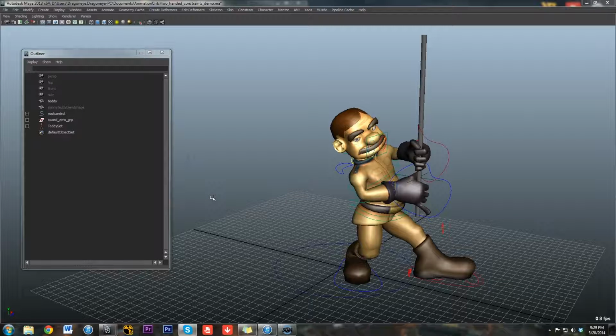Hey everyone! So this is going to be my third tutorial about animating with constraints and object interaction animation. This one, as the title says, is going to be two-handed object interaction, but I want to point out that this is two-handed object interaction that is being led by one of the hands of a character. And it's different from the object-driven two-handed interaction that you saw if you watched my last animating with constraints